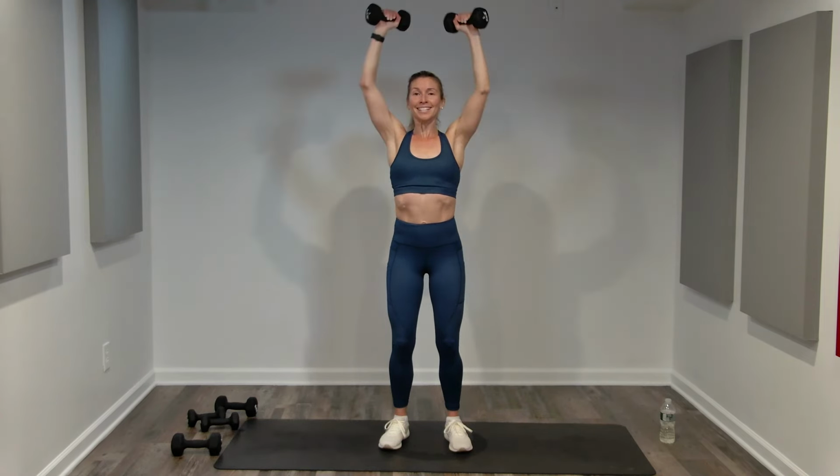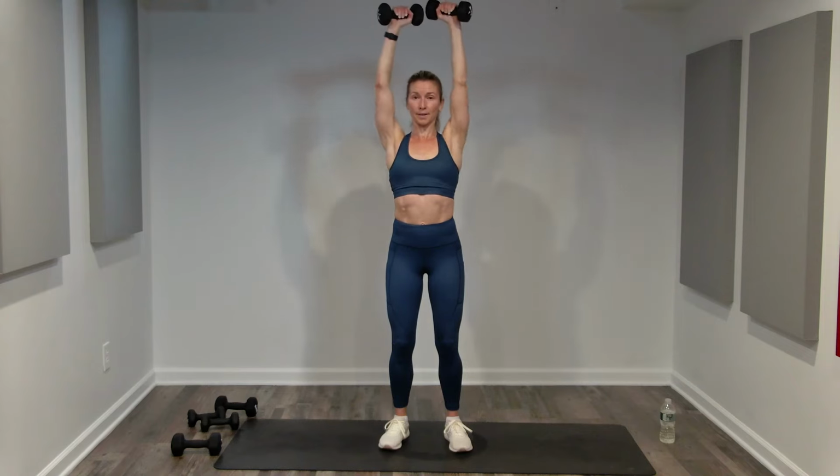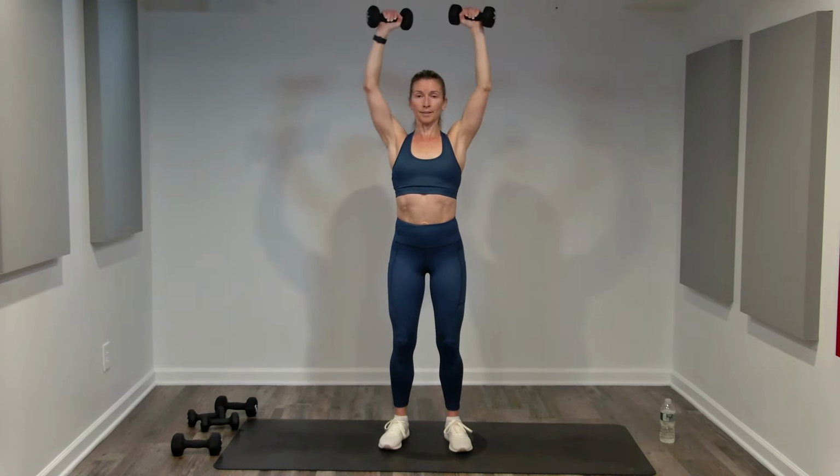12. Power, control, up, down. Not bouncing, not using momentum. Keep your posture through every rep. Keep your form. Final 4, 3, 2,